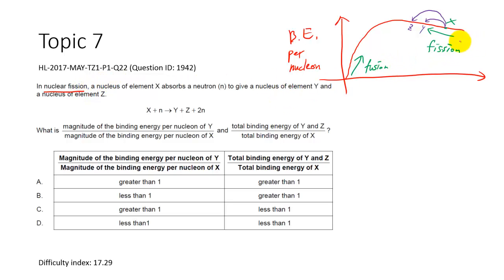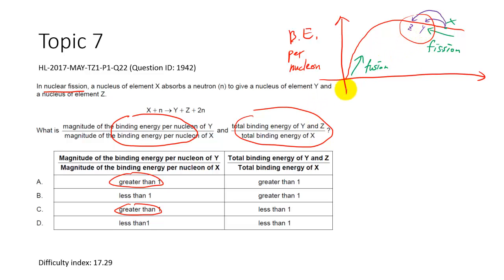But anyway, let's imagine you have fission where you have, for example, uranium, and it goes through a nuclear fission process and becomes Z and Y, and that should definitely look something like here. If you can recall the shape, then for sure, no matter Y or Z, it must have a higher binding energy per nucleon than X, and therefore the ratio must be greater than 1. And as for the total binding energy,